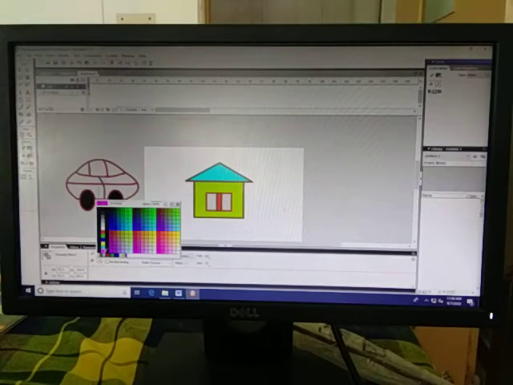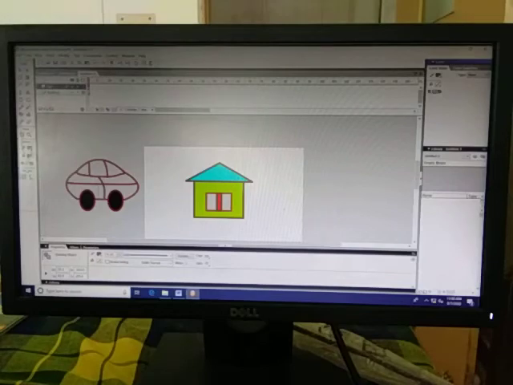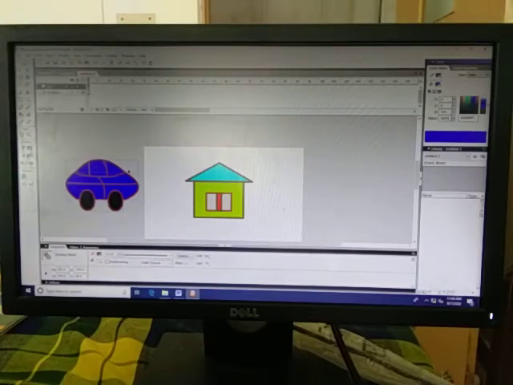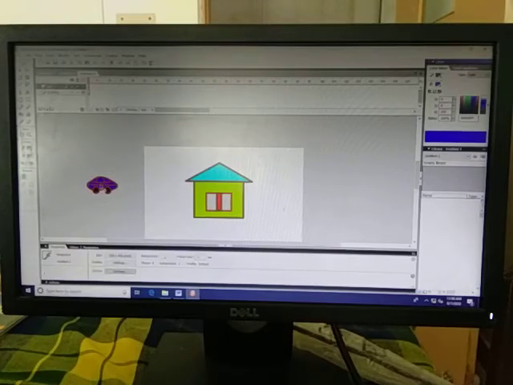Suppose you want to fill green color or blue color, so you take it as a fill inside and select it. Now your car is ready. Select it all and press Control G. It has been grouped. Now make it small. So your car is now ready.